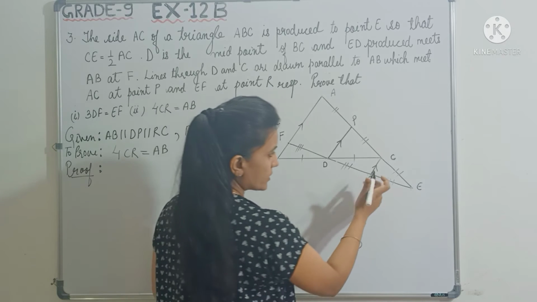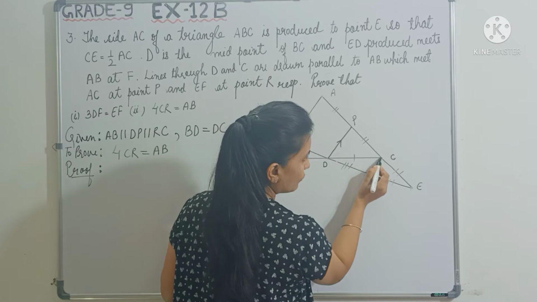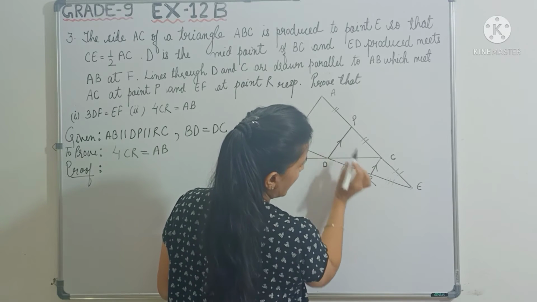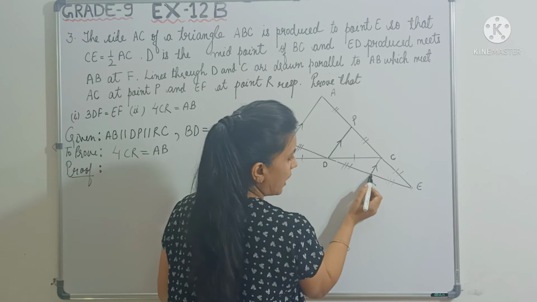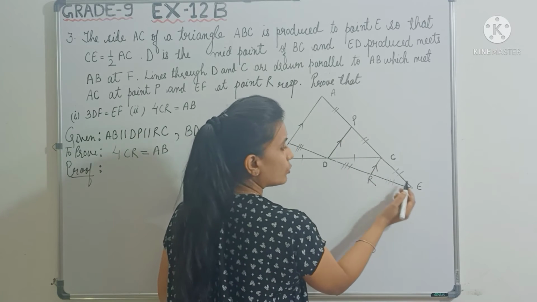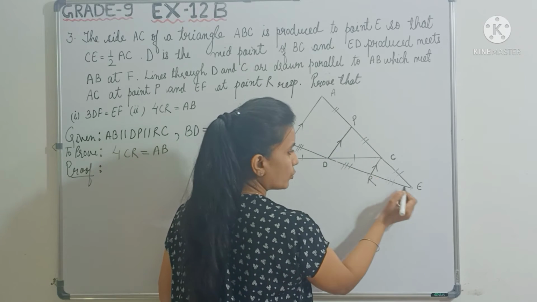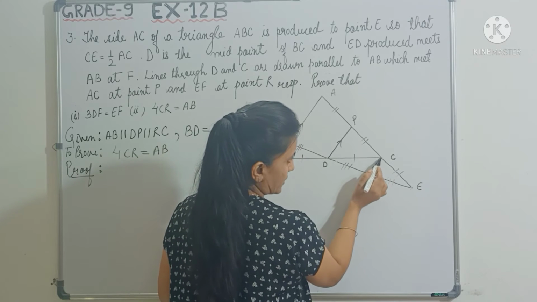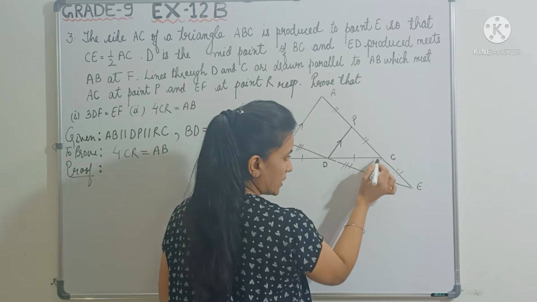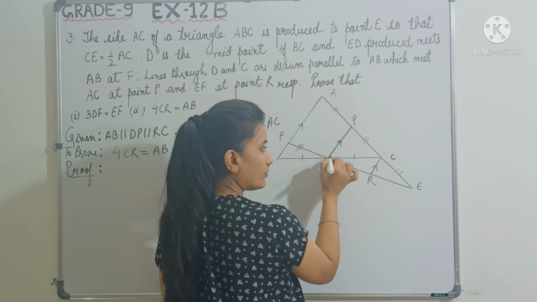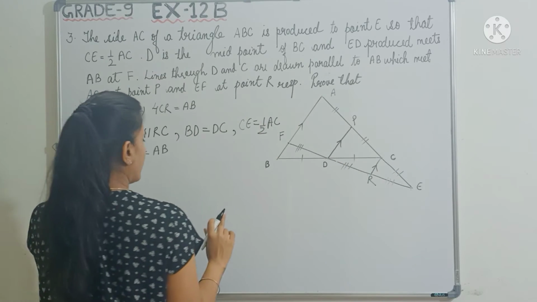So right now if you see CR, CR is connecting the midpoint of EP and ED, right? C is the midpoint of EP and R is the midpoint of ED. So you have to take triangle EPD. So in this triangle, what do we observe? That C is the midpoint of PE and R is the midpoint of DE. So CR will be equal to half of DP, right? So first let's write down this much and then I will tell you what we have to do further.